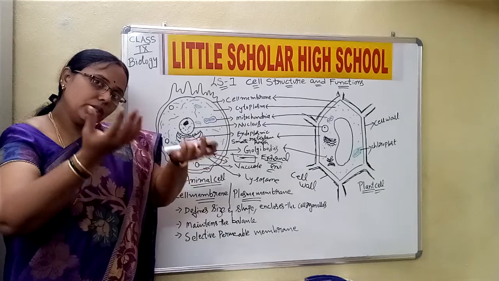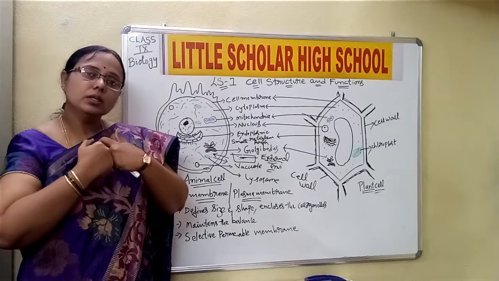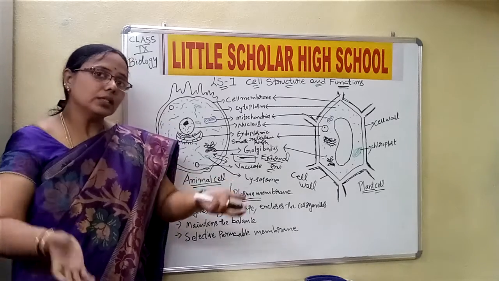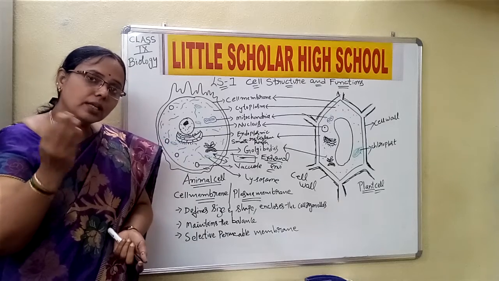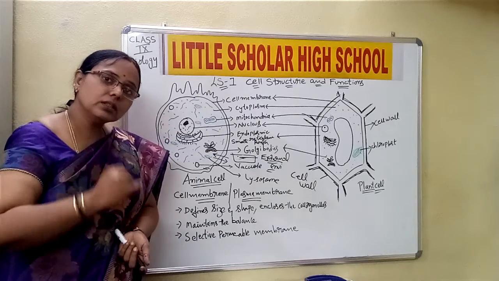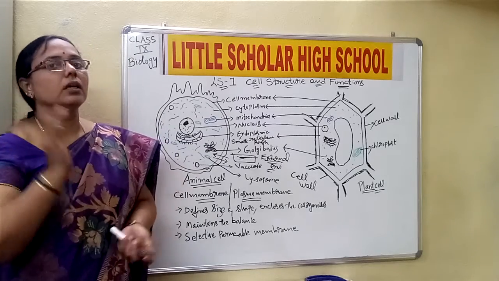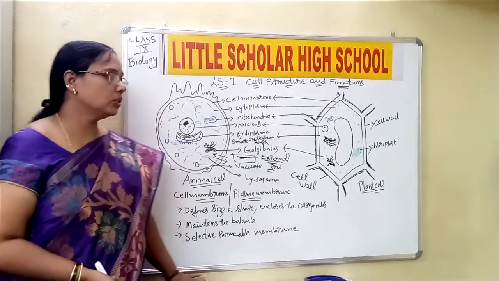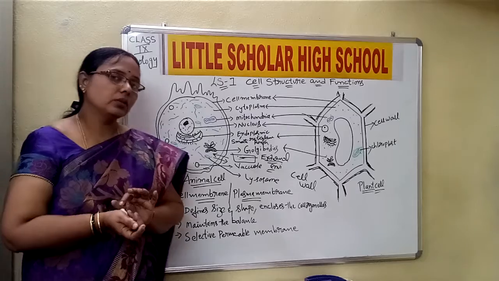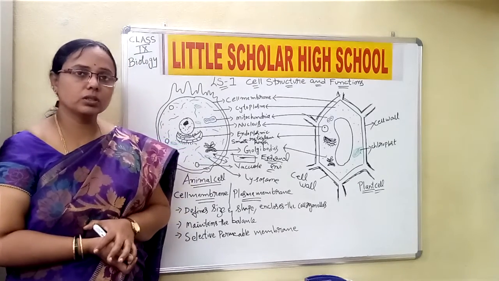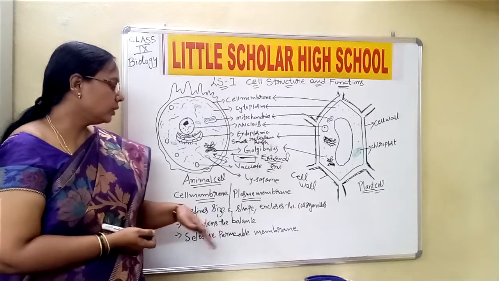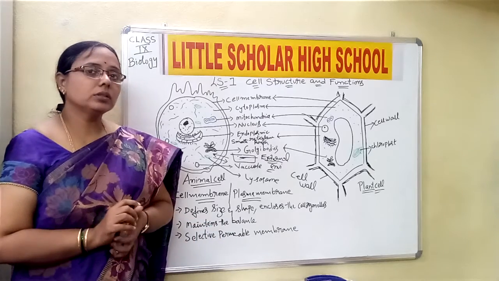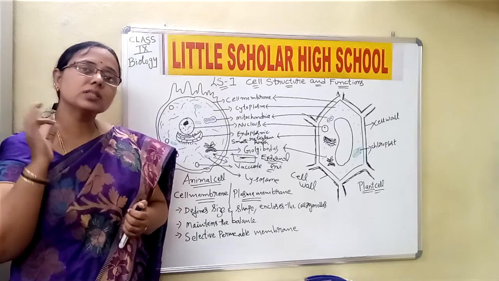It is not allowing all the things from the external environment to enter into the cell, and it is not allowing all the organelles or any other things to go out of the cell. It is only selectively making certain things enter the cell and certain things move out of the cell. Hence we are calling it a selective permeable membrane. Understood children? So what is cell membrane? Cell membrane is the outer layer giving definite size and shape to the cell, and it is maintaining the balance, and it is also called a selective permeable membrane because it is allowing certain things to move in and out selectively.